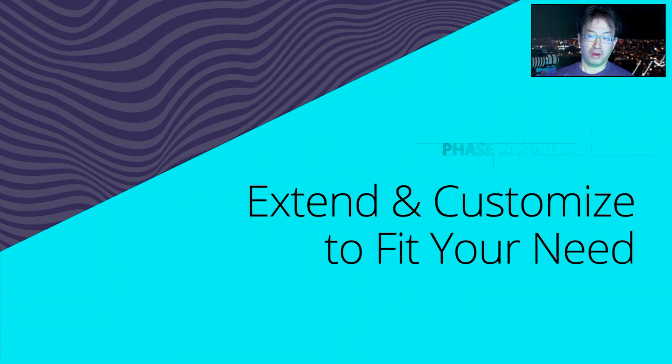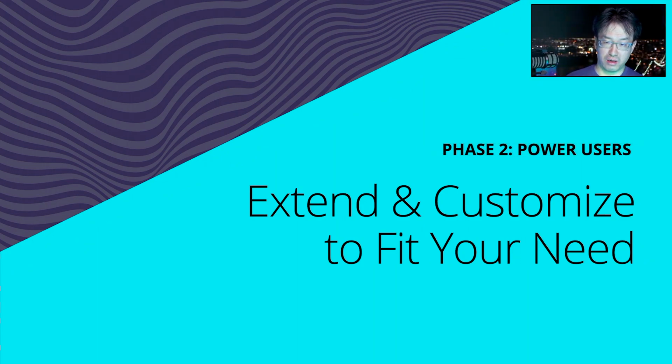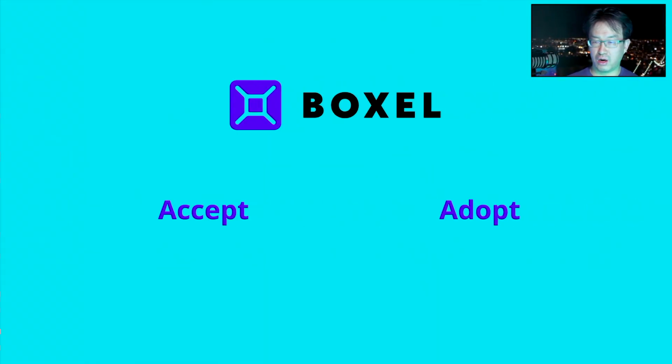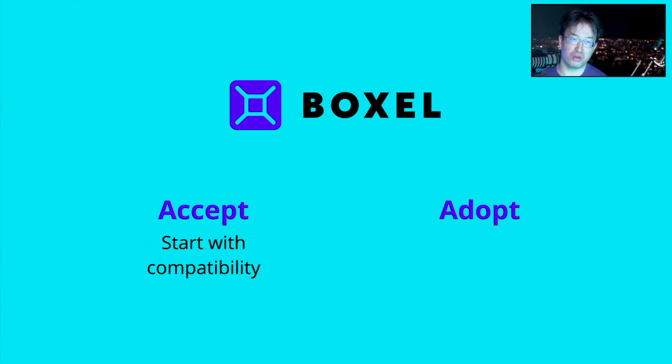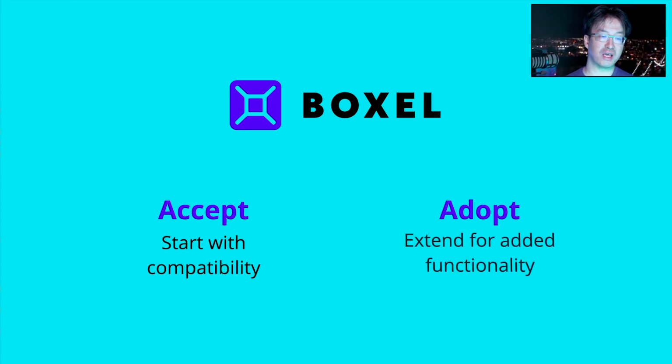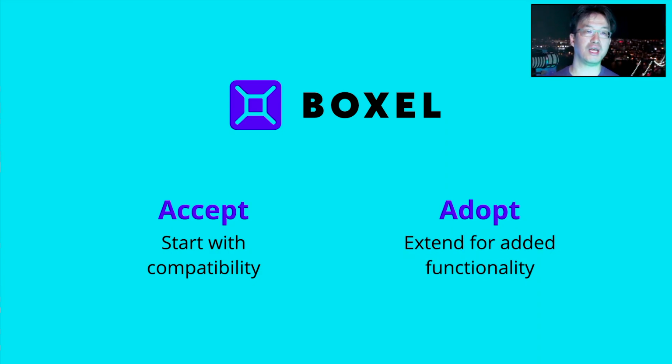Now, not all software is going to be useful and adequate for your needs if you just take it off the shelf. Things that are off the shelf may not be exactly what you need. And we have built into Boxel the concept of accept and adopt. Accept means you start with compatibility. You say, I accept the address field. And then you can say, oh, because we are a shipping company, we have certain needs to tag a certain address with special delivery instructions. I'm going to adapt that field to add additional elements so that we can annotate that internally within a workflow. When you add those fields, you are still compatible with the general concept of address.